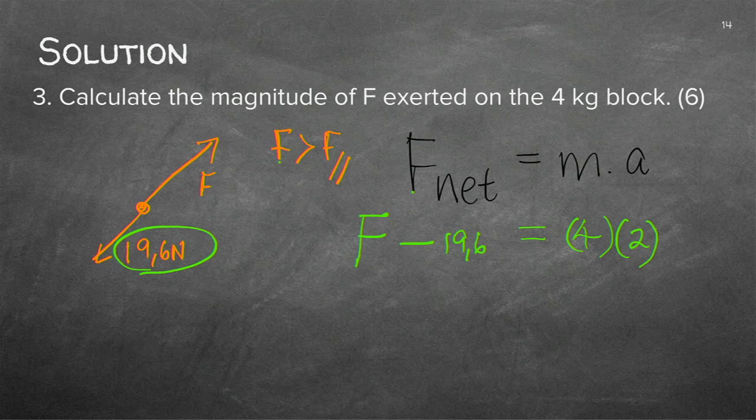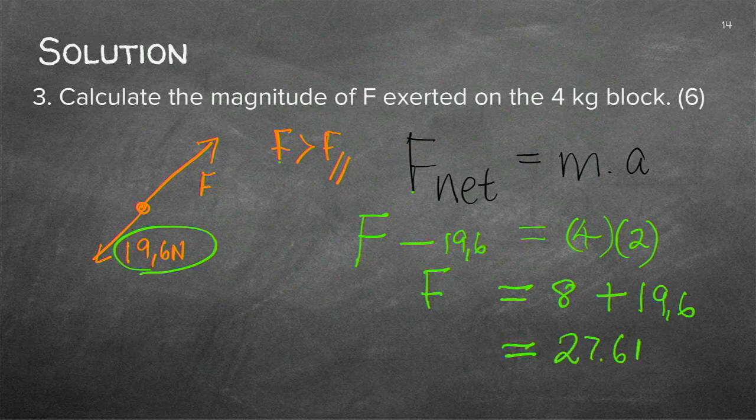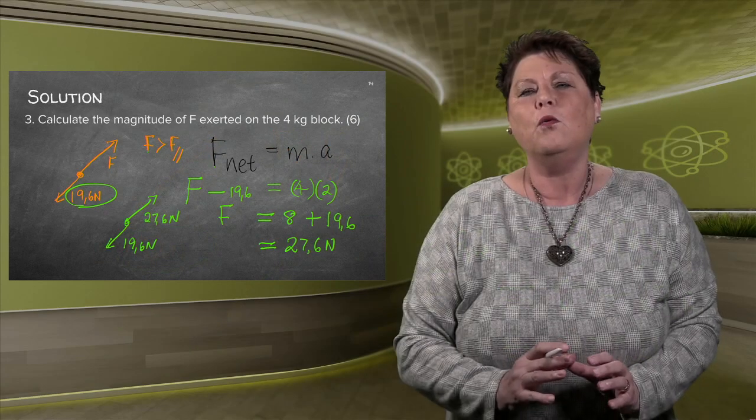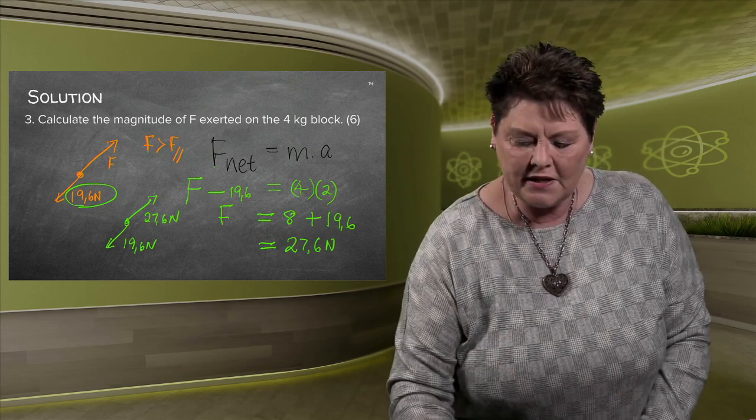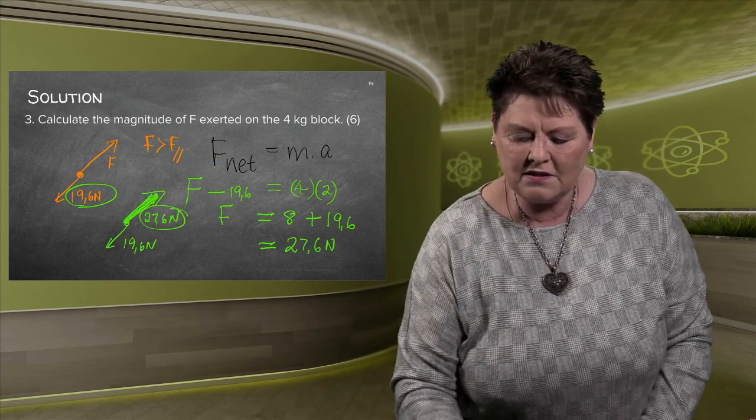And can you see, you can do the math now. So I've got F this side. I'm going to say this is 8 minus this, which is now a plus. And I can now calculate my value as 27.6 Newton. Can you see we found the F now? Just to quickly check, I've got an upward force there of 27.6 and I've got a downward force of 19.6. Can you recall now which way will it move? Obviously it will move upwards because that is the greater force.